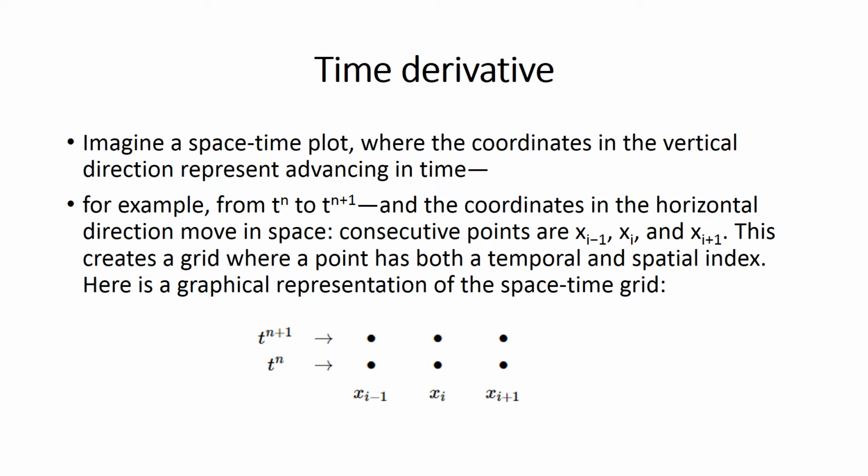Before going to discretize the equation, let us understand how to discretize the time derivative, because if you see the equation, we have two terms. One is time, u is depending on time, plus u is also depending on space. Time is always discretized in forward. Why time is discretized in forward is, time is always called a marching problem. Time always moves forward. That is the reason we always use the forward difference scheme for time.